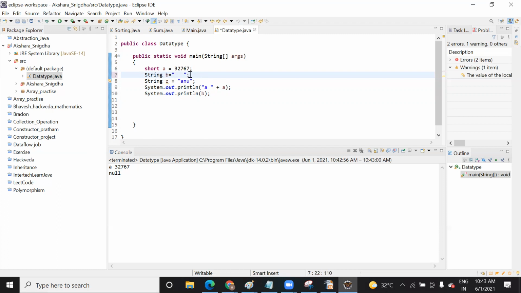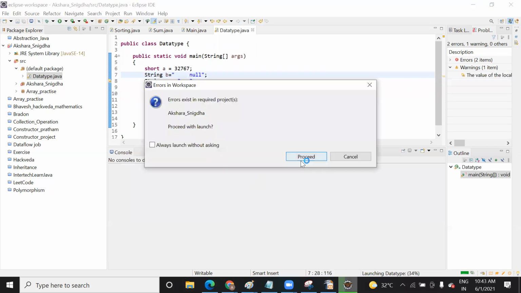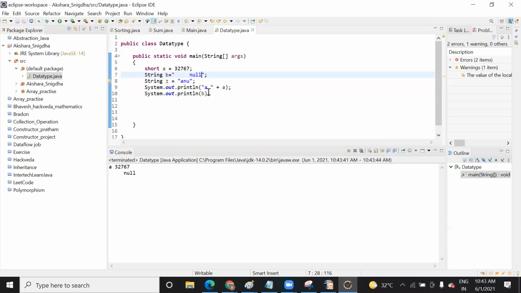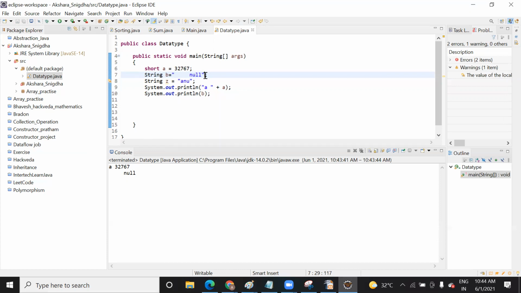Let me show you an example. You can see when I give a space, it is printing null, right? So the double quote is used to just add a space between the characters or between the words. And here, if you want to print the null value, then you just need to assign null, because these are local variables.